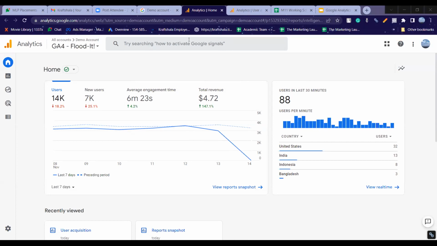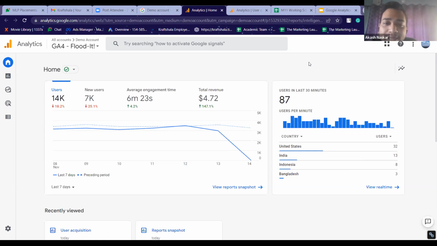Yes, I wanted to ask you regarding this GA3 and GA4. Is this the same thing that is happening, the change with respect to the cookies and tracking systems? Yes, there are some parts involved in it. GA3 is the one in which cookies were involved, but now cookies are being removed. GA3 basically used to track based on cookies and events, but GA4 is a little bit more advanced than it. There are a lot of technicalities involved. I won't really get into it, but if you are interested in knowing about it, you can just search for the differences between GA3 and GA4 and learn about it.